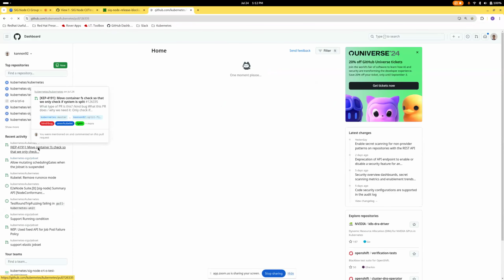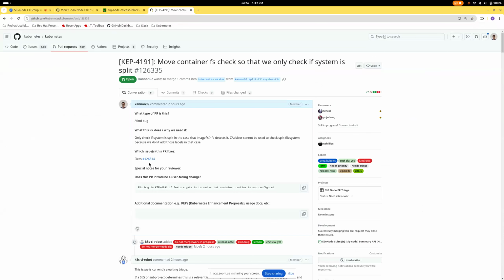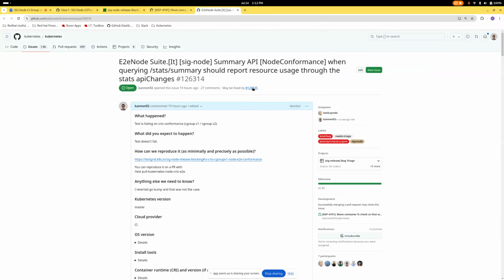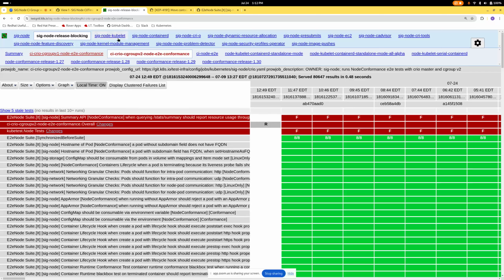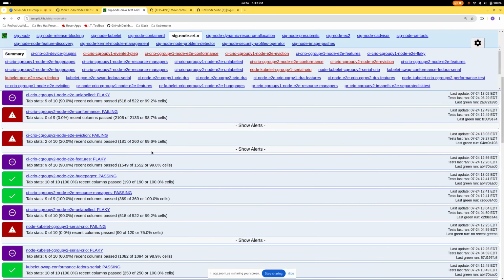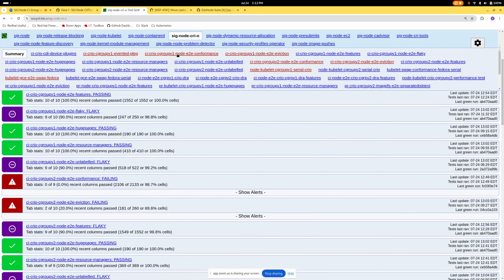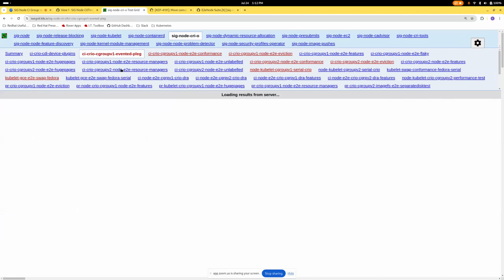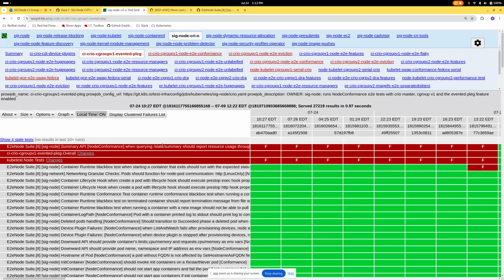I have a PR up to fix it actually, and you can see I have the issue up here, and we're working on trying to fix that one. So that's going to show a lot of problems. If we go to cryo, you can see the board is pretty red. They're all related to this stat summary.